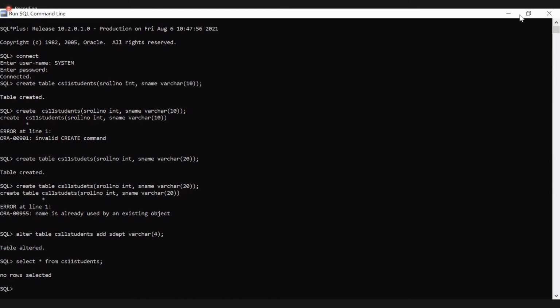So how to insert the record is: insert into, what is the table name here?